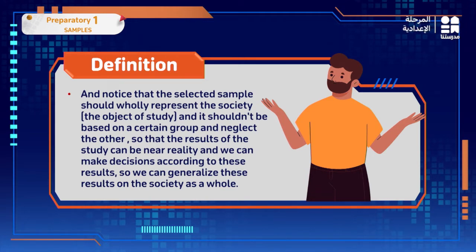So for example, if we need to study any property on the society, we need to pick a small part from it. Here we have a condition: it shouldn't be based on a certain group, okay? So I'm going to pick any part of this society, a small part of it. Then,